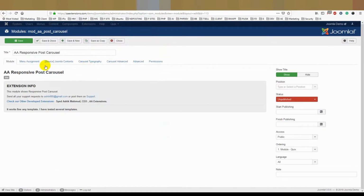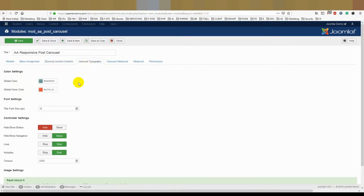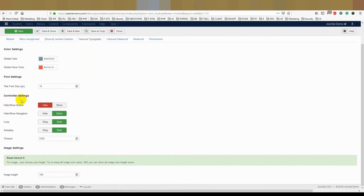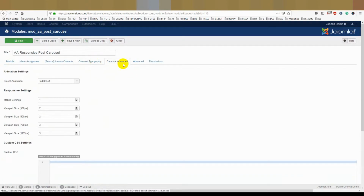And from here you will see there are many options. One is Joomla contents, category options, select your article order options, and count options, how many sliding items you want to show, carousel typography options, and there are color settings, font settings, controller settings, and image settings. If you want to make sure your image height is the same, you need image settings, and there is an advanced section. You can add animation. There is a custom animation already there, and responsive settings,